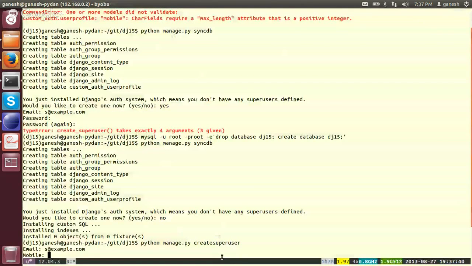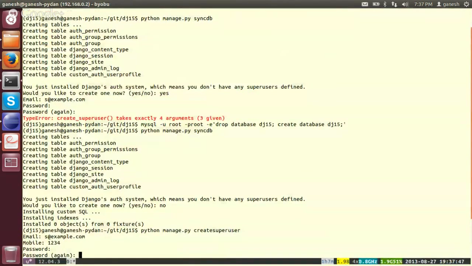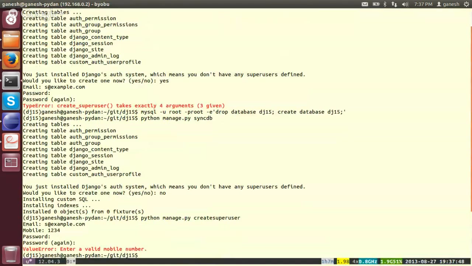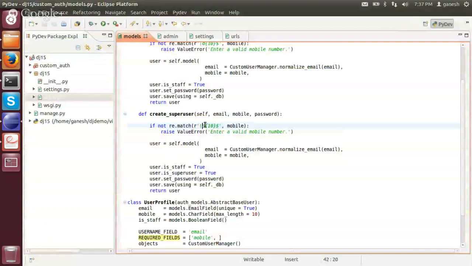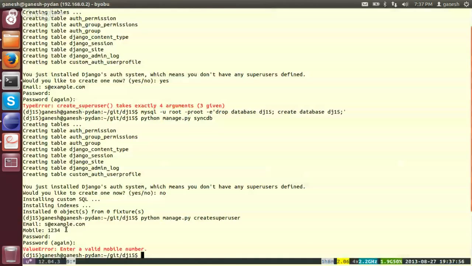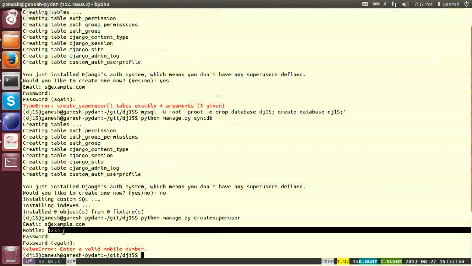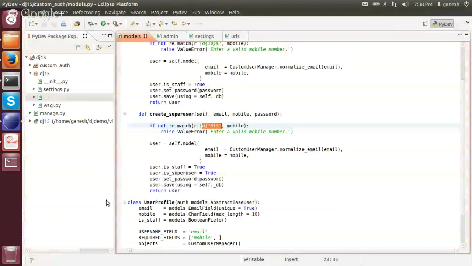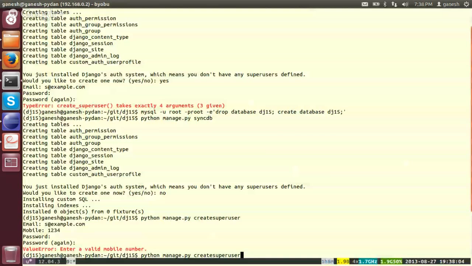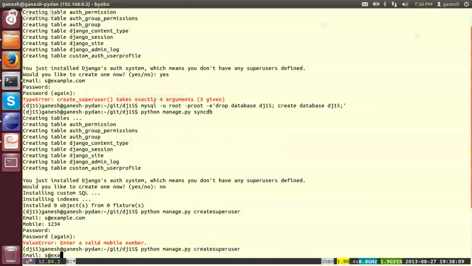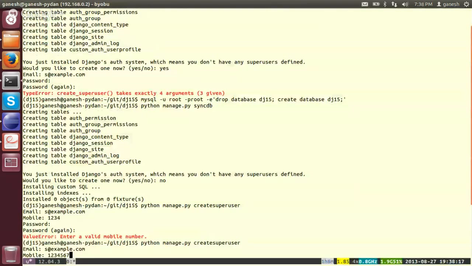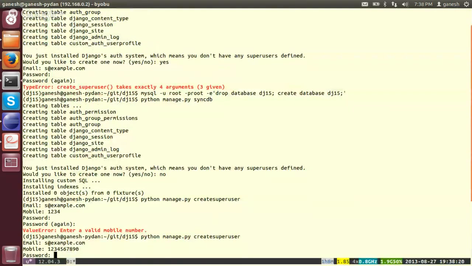So I'm just giving some random values here and a password. As you can see, I have specified that the mobile number should be a 10-digit numerical value. I have entered only 4 digits here, so it is throwing me a value error as we have specified here. So I'm creating the super user again. Now I'm going to give a 10-digit value. So the super user is created successfully now,